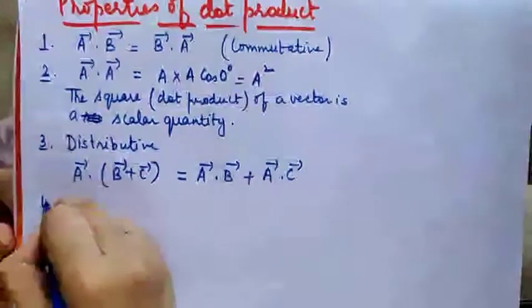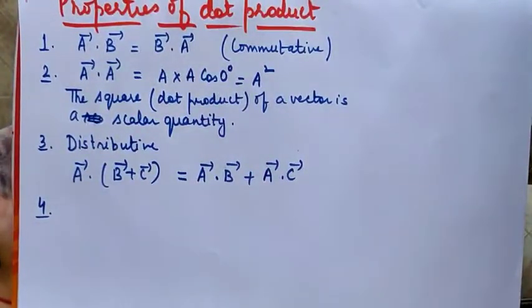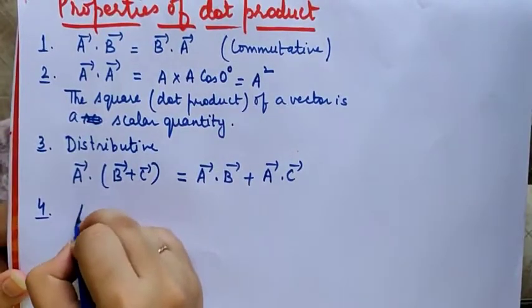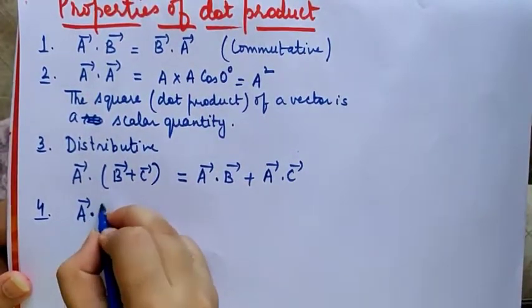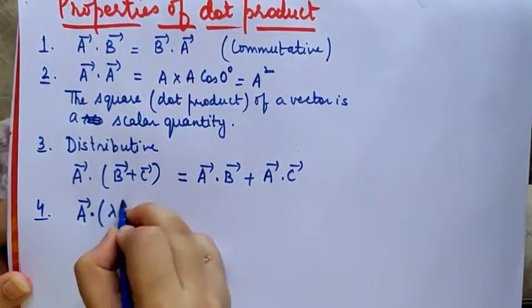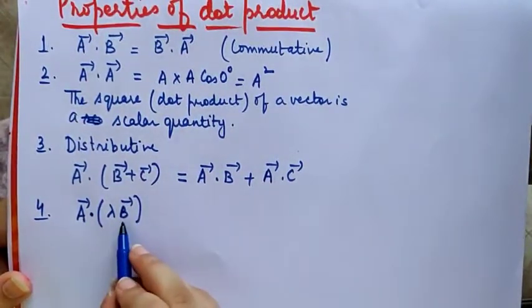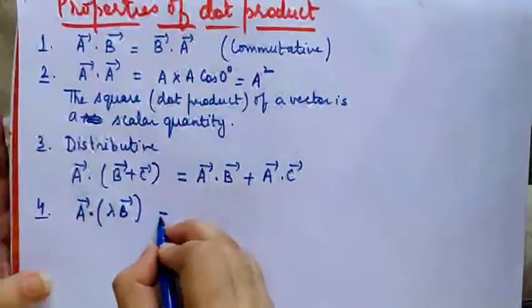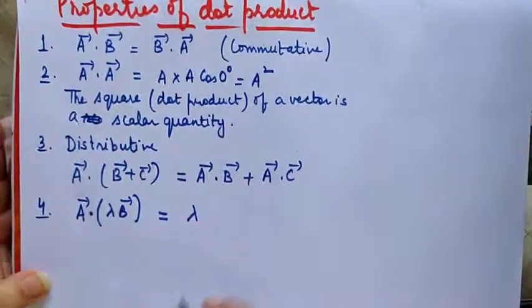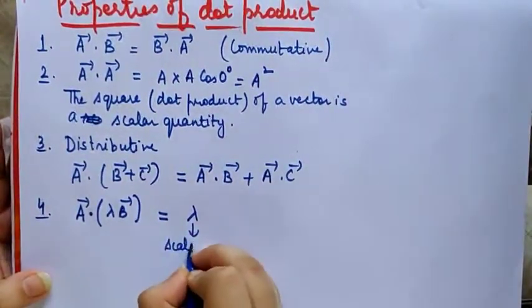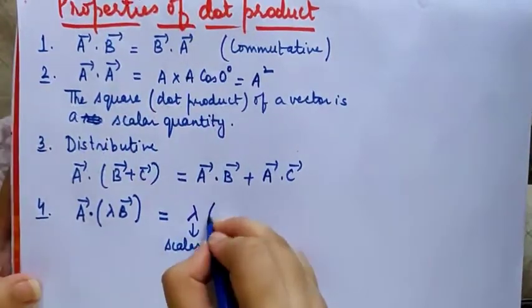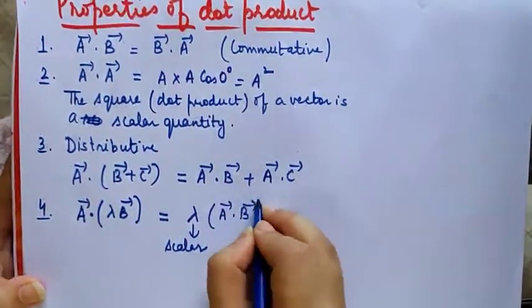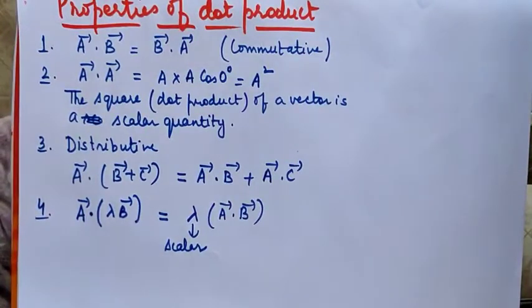Further, many more properties can be explained, but the fourth one, which is kind of important: if we are doing the dot product of a vector which is being multiplied by a scalar quantity, then either you can multiply B vector by a scalar quantity and then do the dot product with A, or you can do this also. Take out this lambda. Lambda is a scalar quantity here, common. Any scalar quantity which is to be multiplied, first do A dot B and then multiply later on by the scalar quantity. That will also be perfect. That will also not create any kind of problem for us.